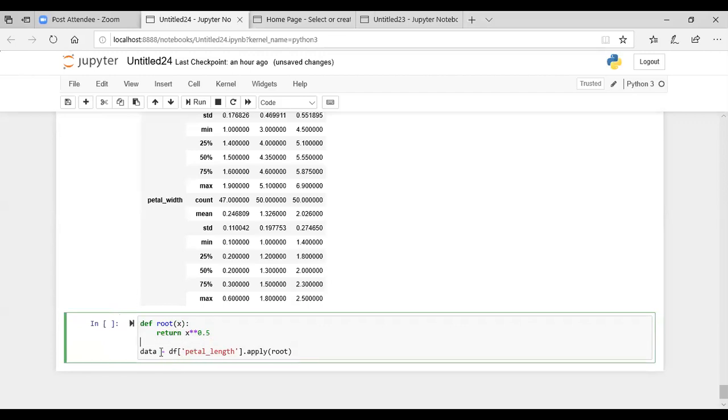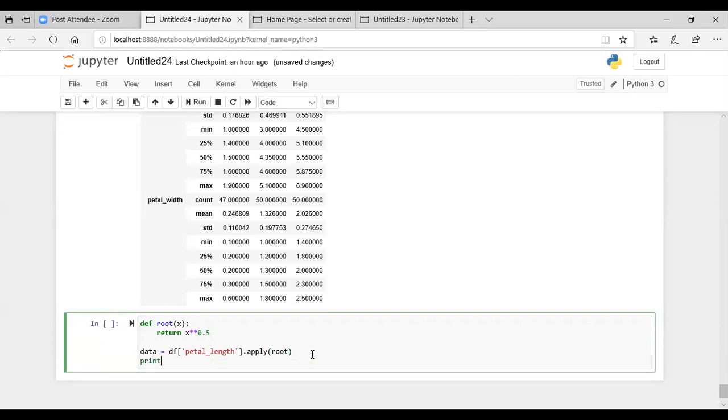So what we are doing in this statement is, from the data frame for the petal length, we are applying the root method to each and every value of this petal length column, and that we are displaying here. So print data.